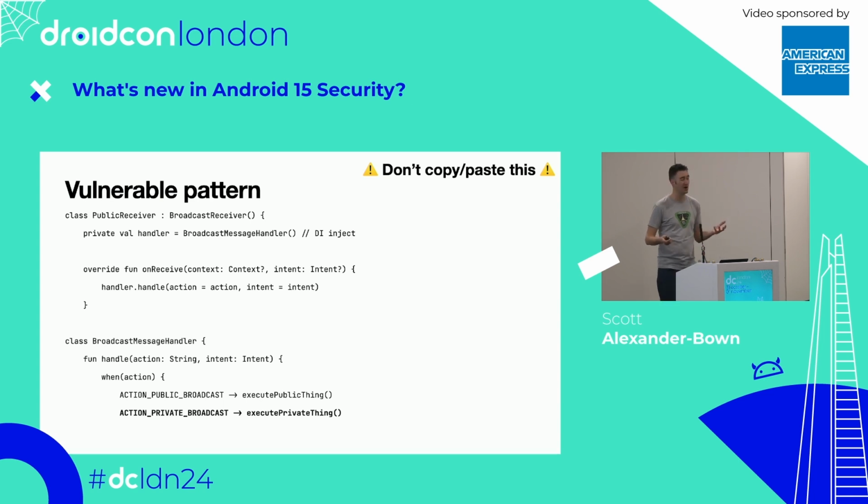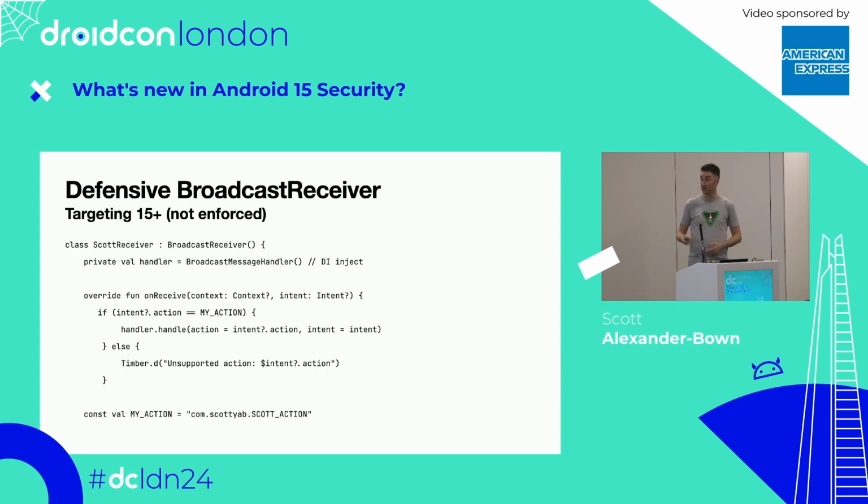You might be thinking, well, that's not an issue for me because I always code defensively. This is a receiver I would write, a bit more defensive. The validation of the action takes place in the receiver, so if it's not the correct action, it will just log it. This is literally cut and paste from a project I've previously written. So if you've done this, then you don't really need to change anything. But from Android 15 going forward, you won't need this kind of validation, because the intent won't ever reach your receiver if the action's wrong or the MIME type's wrong or anything like that. So I think it's a nice improvement. But yeah,